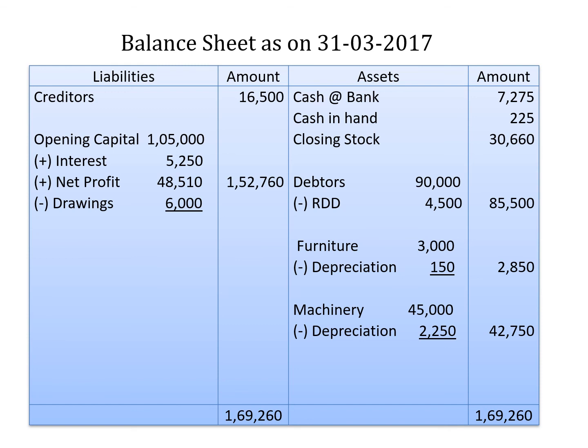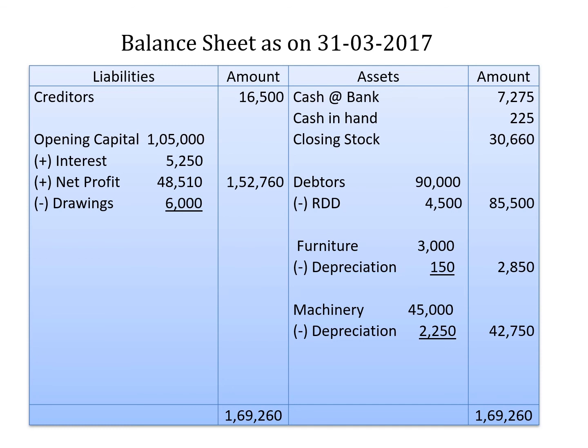So we take the opening capital, add net profit if any, add additional capital, add interest on capital, less drawings, less net loss if any. So in this question, we are getting an opening capital of 1,05,000. We have calculated it in the opening statement. Bring that here in the inner column. Add net profit. We get a net profit of 48,510 in the PL account. Bring down that profit here. So we are adding the net profit to opening capital.